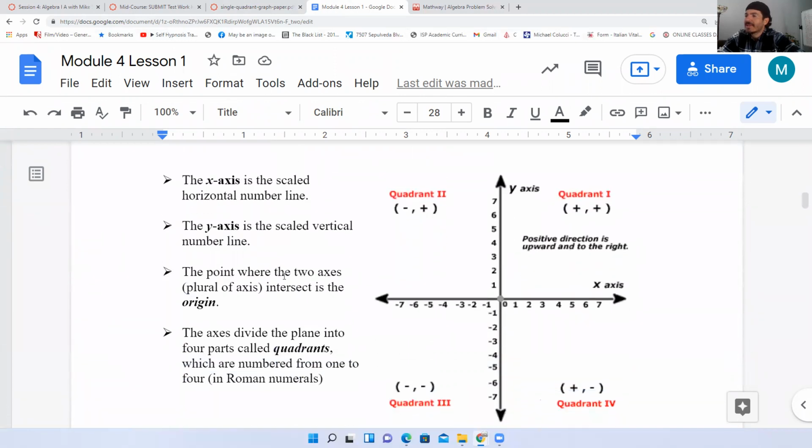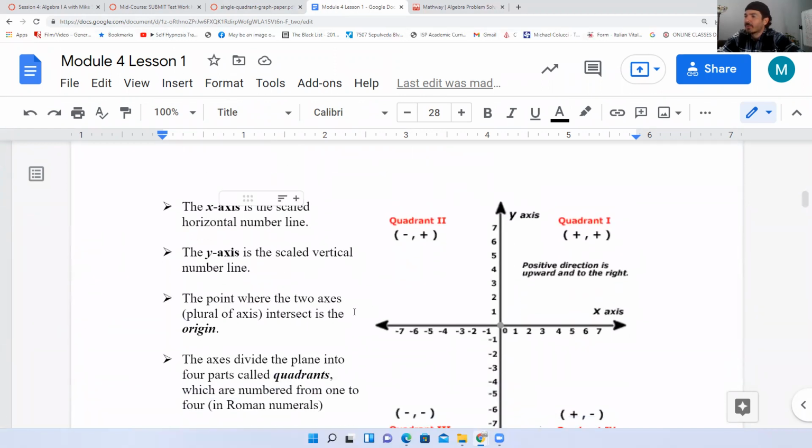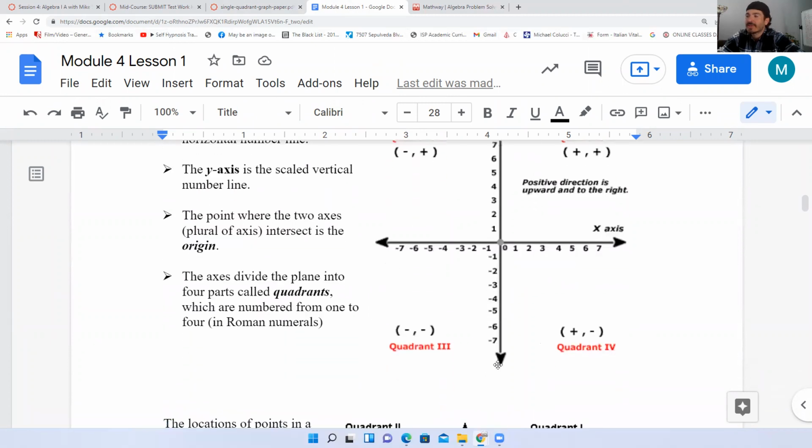The x-axis is the scaled horizontal number line. There you go. The y-axis is the scaled vertical number line. This is important. The point where the two axes, plural of axis, intersect is the origin. So you hear that term quite a bit. This is the origin. The axes divide the plane into 4 parts called quadrants, which are numbered from 1 to